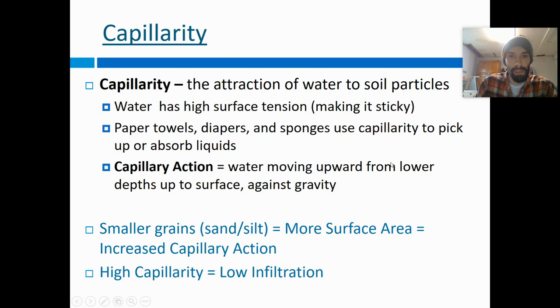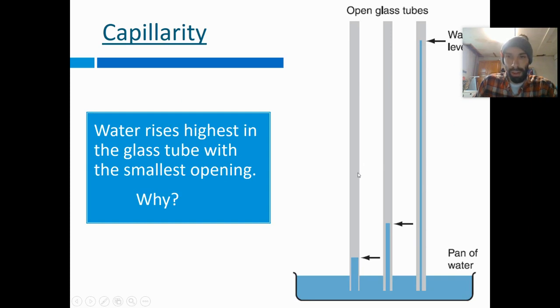Okay. So, capillary action is the idea of moving upward. These three tubes are all in a pan of water, and you can see that this one's got a pretty wide opening. It's like a big straw, like the kind you get at McDonald's. And this guy is like that coffee stirrer, it's a tiny little opening. Okay. Water climbs up this one on its own against gravity because it's sticking to the sides of the straw. It doesn't climb as high in this one because there's a big gap there. It's hard for the water to cling to each other and to make it up against gravity there. But water will stick and rise against gravity, and it will do it the best in a very small straw.